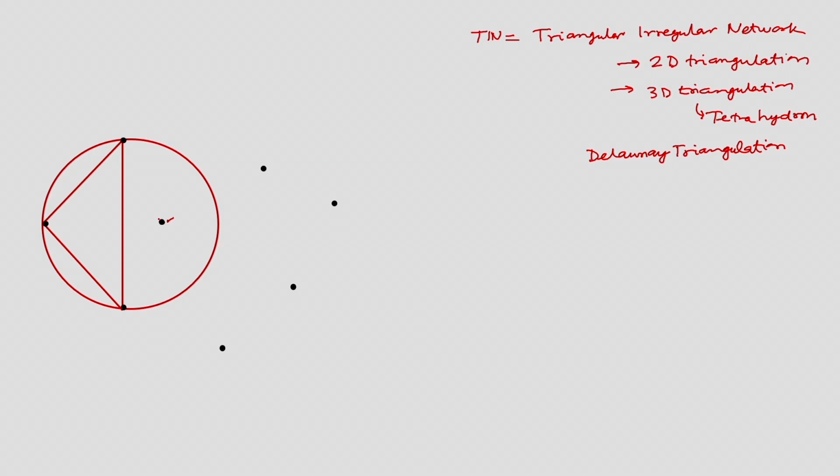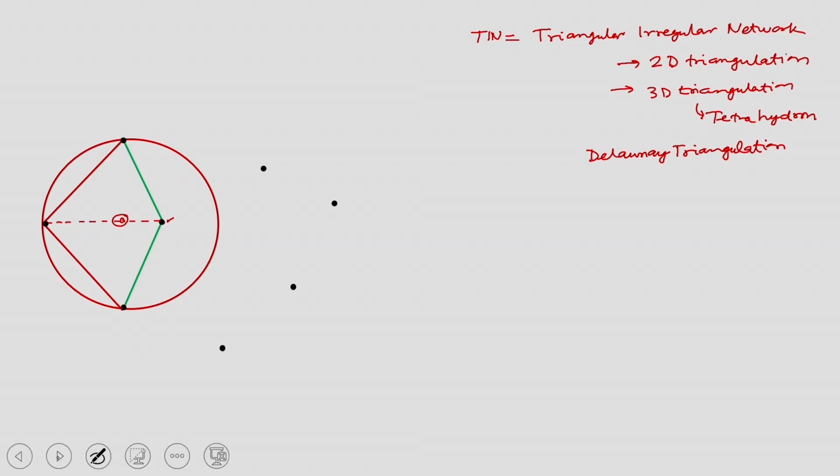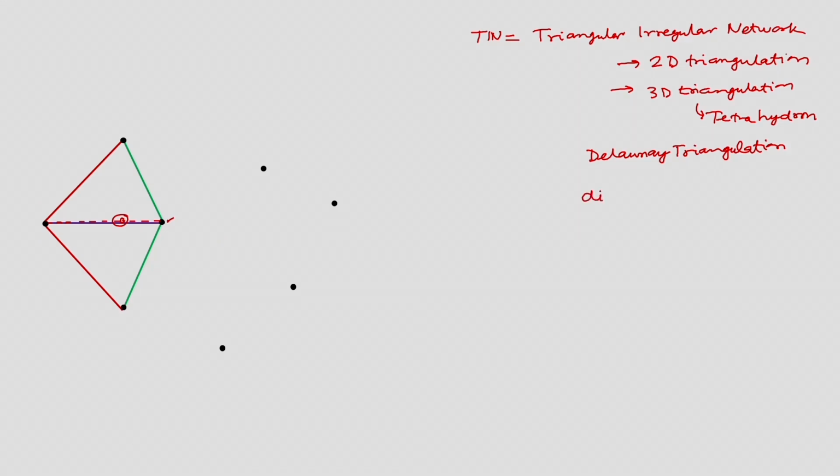So, what we will do, if we develop a triangle, then there will be 2 triangles in one circle that we do not want. So, what will you do now? We will swap the diagonals of the 2 triangles, or we can say quadrangle. I will remove this diagonal and I will develop this diagonal, and by this way I will create 2 triangles. So, let us see, I remove the diagonal and I created another diagonal, and that is what we call the diagonal swapping.